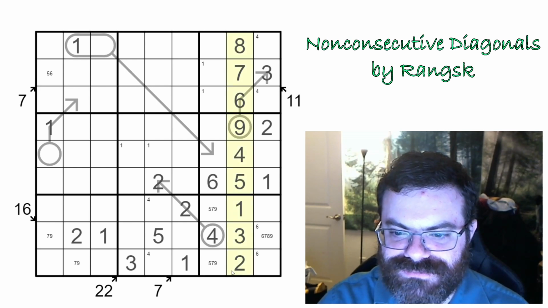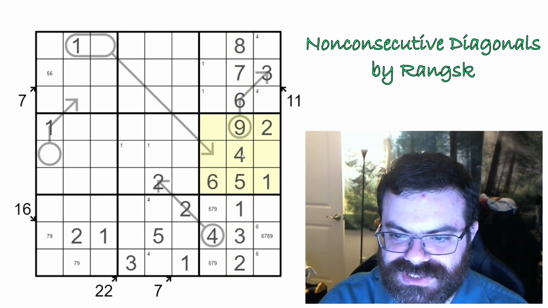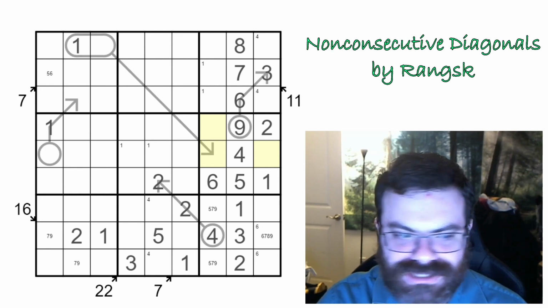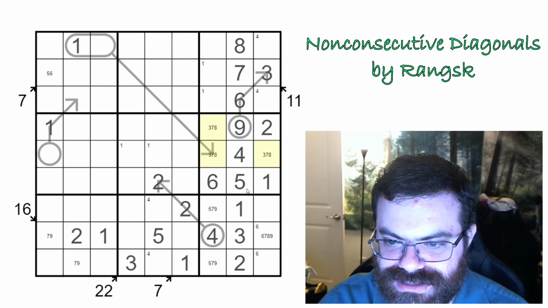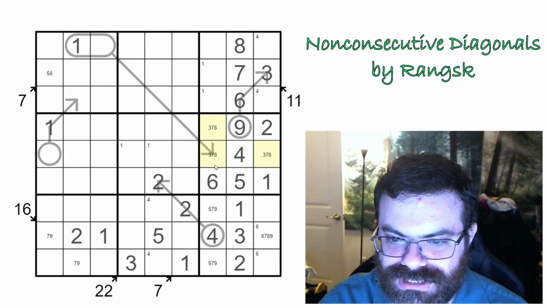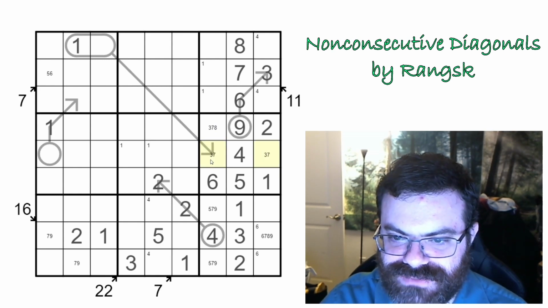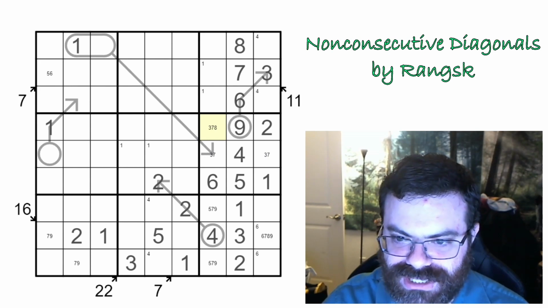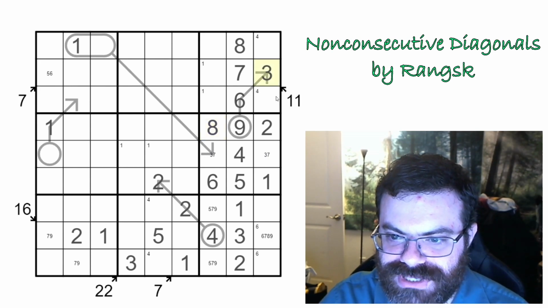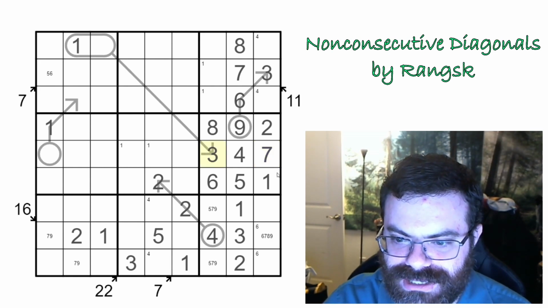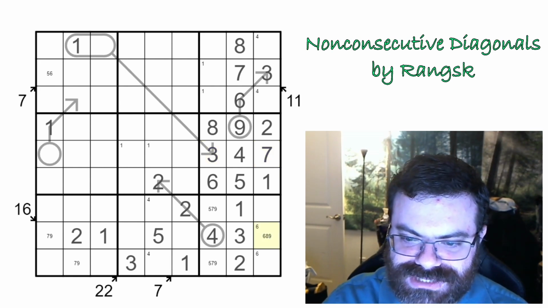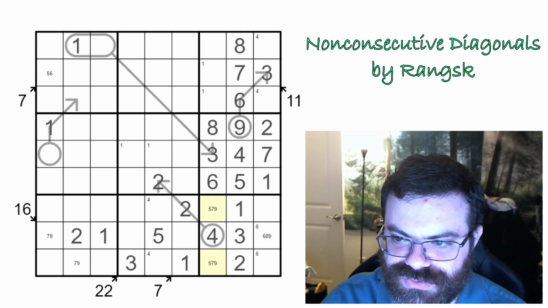So now that we have finished this column, we are going to finish this box. The candidates left for this box are 3, 7, and 8. And we can see that the 9 removes the 8 from this square and this square, making a 3, 7 pair. So this one has to be 8. And the 3 up here sees the 3, 7, so this is 7 and this is 3. And now that we've replaced the 7 here, this can't be 7,